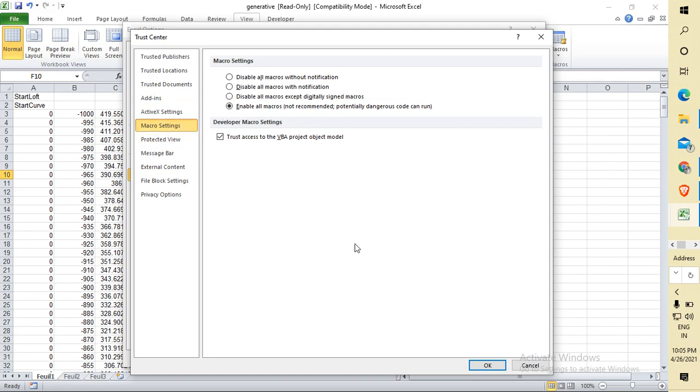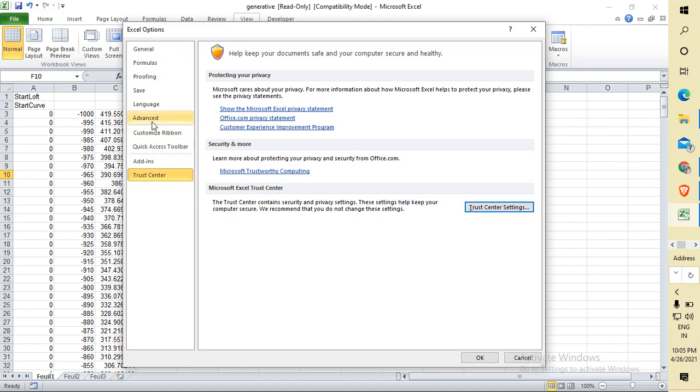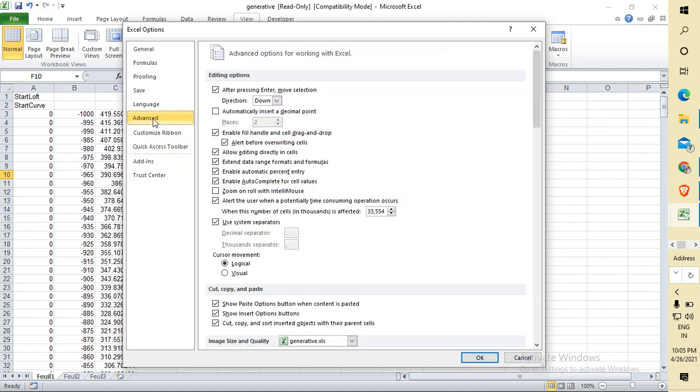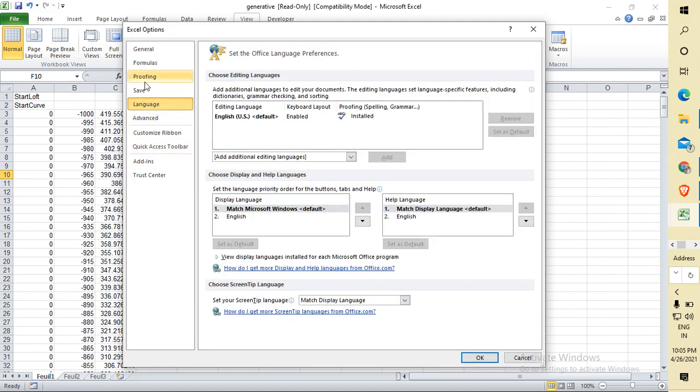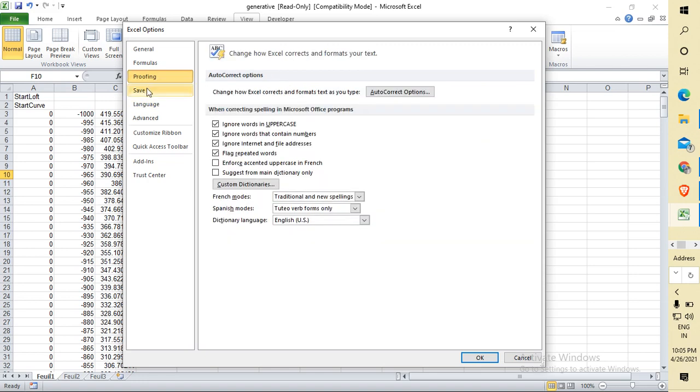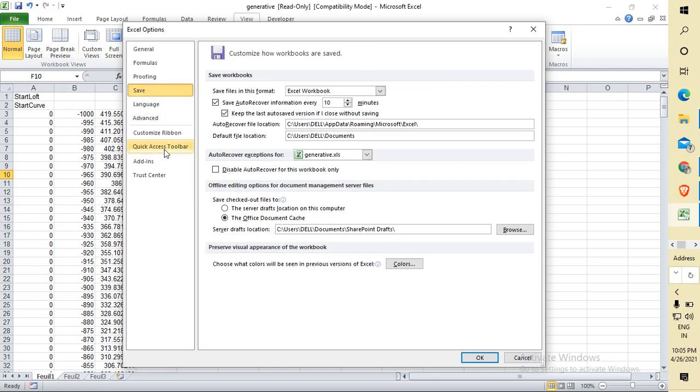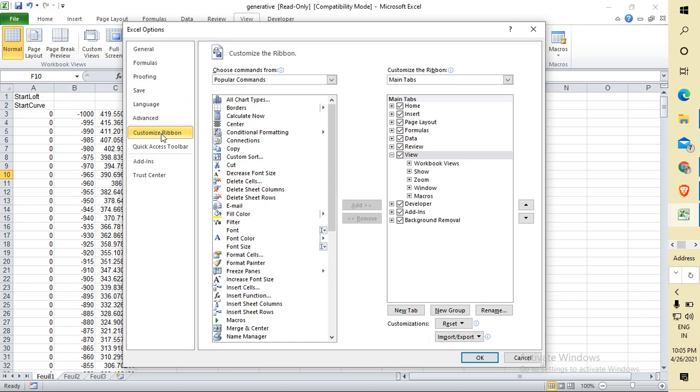Another thing you have to understand is that in Customize Ribbon you have to go, and by default there is no tick there, so you have to activate it also and press OK.